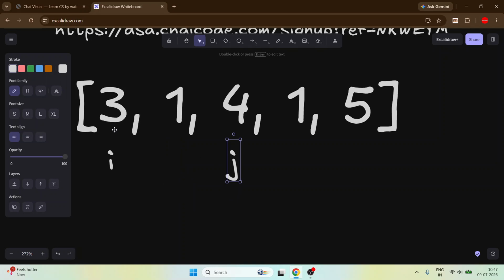No, go to the next step. Are both equal? No, go to the next. Are both equal? No. Is 5 or 3 equal? No. Then the array is ended, move i to the next pointer and j to the next of i. Okay, so are 1 and 4 equal? No. Are 1 and 1 equal? Yes. When we get it, return true, and if we don't get it, return false.